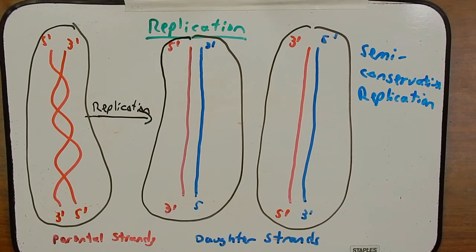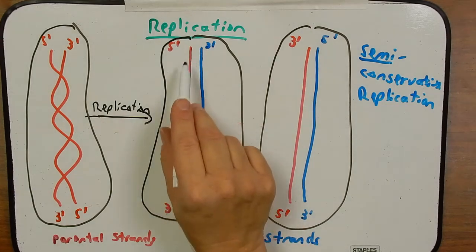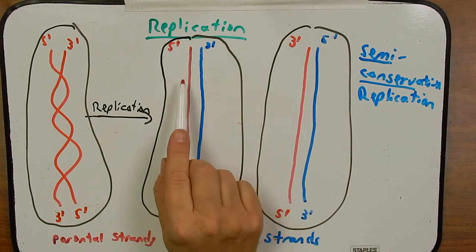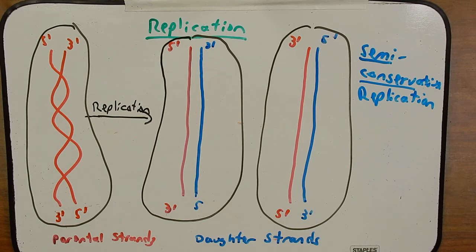And the reason we call it semi-conservative replication is the word semi means half. And so in each new cell, half of the original DNA from the original cell is conserved. The other half is new DNA. But since I used this as the template, it will be identical to the one over here. And though I didn't draw it that way, this of course would still form this double helix, as with this one. And we would have the correct base pairs and the correct positioning of the phosphates.